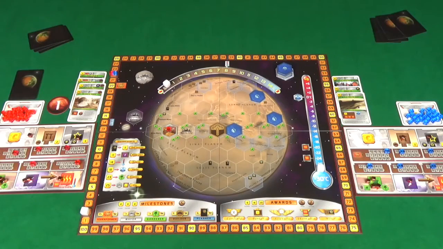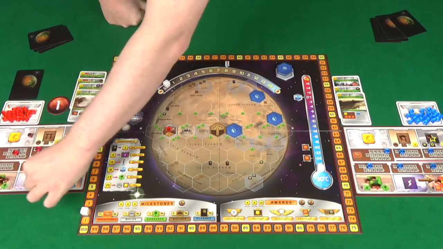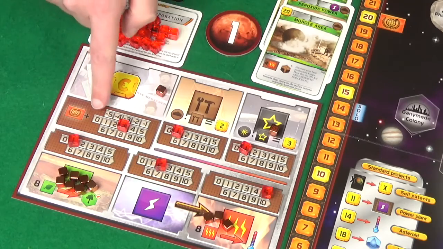And it's back to Pixel, who there's not really a lot she can do, so she's going to pass, making it my go. And again, I can't really do much, so I'm going to pass, meaning we're into production. So we both move our energy into heat. And we both have terraforming rating of 22. Pixel then has